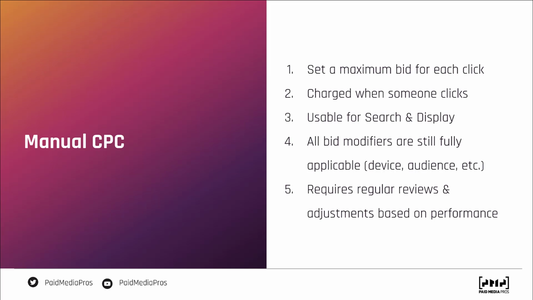With the maximize click strategy, you don't have all of that control. But with this control comes more responsibility on your side. Manual CPC requires regular reviews and adjustments based on performance. The automated bid strategies from Google, like Maximize Clicks, will always take into account lots of different real-time and trending data to get the best performance based on which bid strategy you choose. With manual CPC, it's all on you. Having that control is great, but you've got to review the performance regularly to make sure you're moving the needle